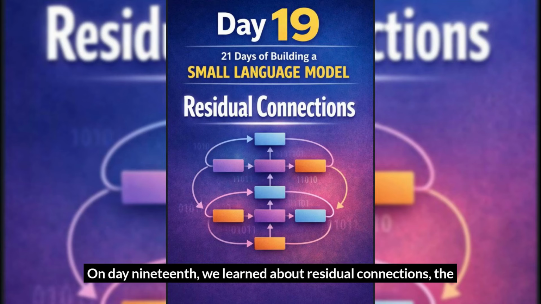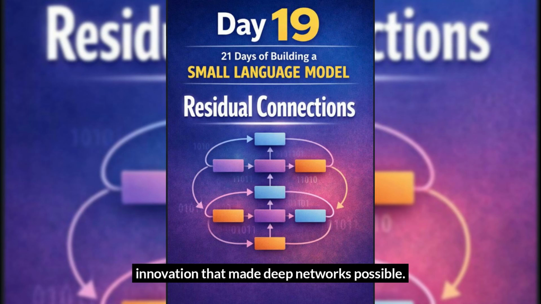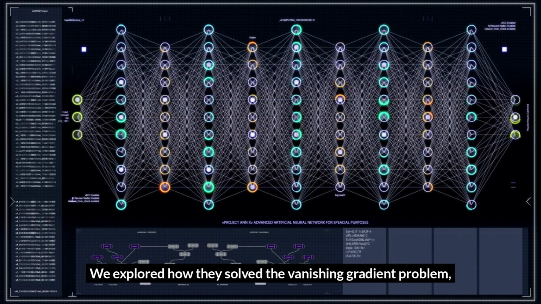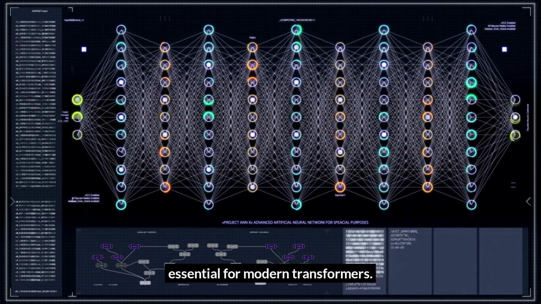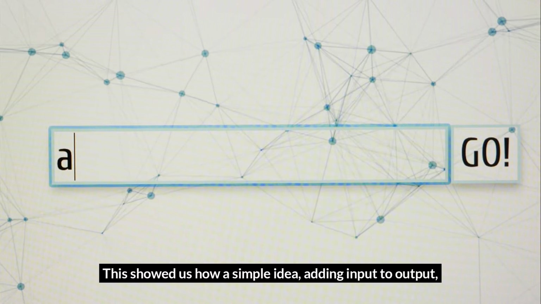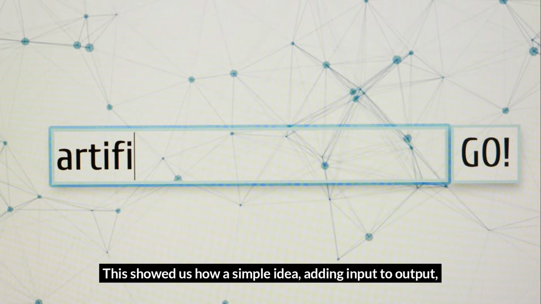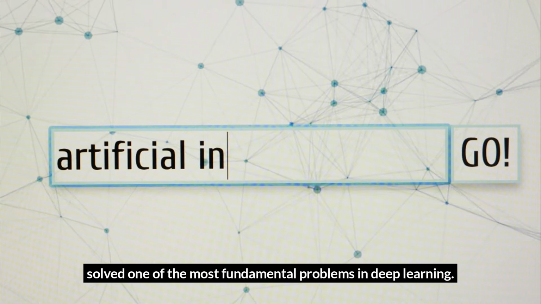On day 19, we learned about residual connections, the innovation that made deep networks possible. We explored how they solved the vanishing gradient problem, enabled training of very deep networks, and why they're essential for modern transformers. This showed us how a simple idea, adding input to output, solved one of the most fundamental problems